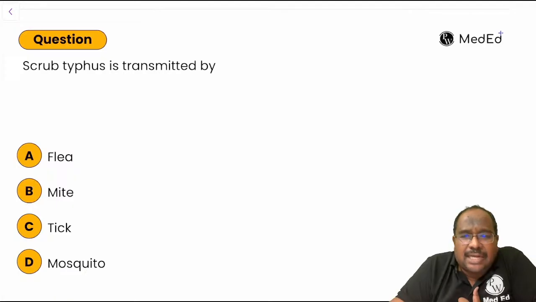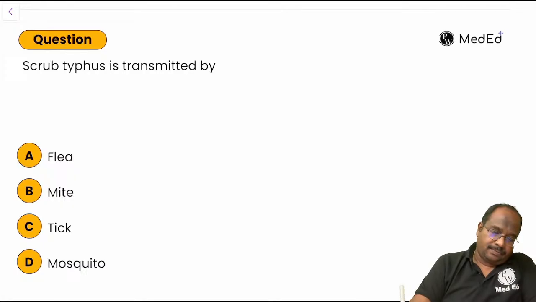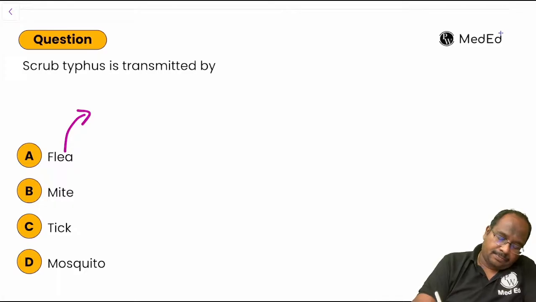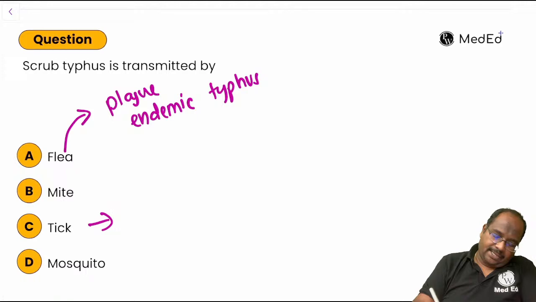Scrub typhus is transmitted by, it's an entomology question, guys. Try to answer. Flea can transmit plague, endemic typhus. Tick can transmit